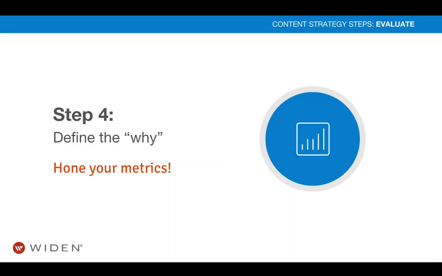All right, we're moving to the fourth step in our process. We've talked about what, who, how, and when. Now we're in that evaluation mode, and we're really vetting out the why. So after we begin to execute upon our strategy, it's really important to evaluate how we're doing against our original